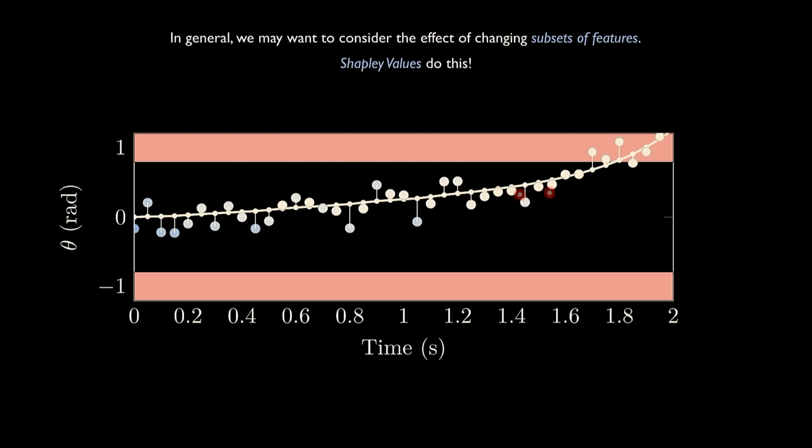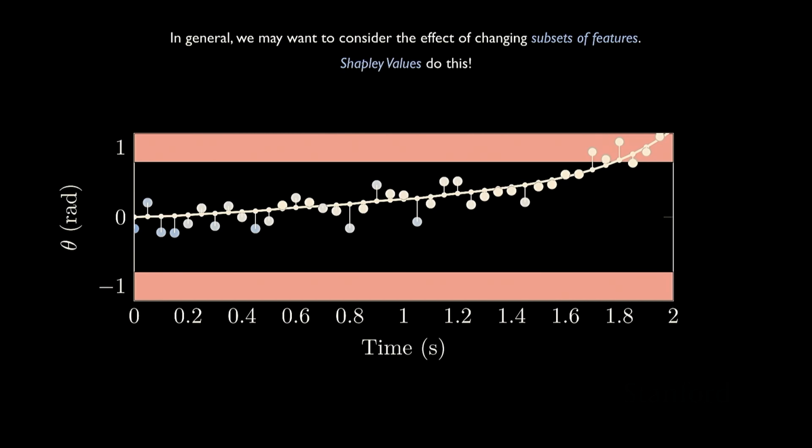So here's what the Shapley values for our inverted pendulum look like. You can see the Shapley values are the highest for some of these disturbances that make it seem like it's closer to upright than it actually is, which makes sense. If we make the pendulum think that it's closer to upright, it won't apply enough torque to actually move it towards upright, and so these should be the things that really have an effect on the final outcome of the trajectory.